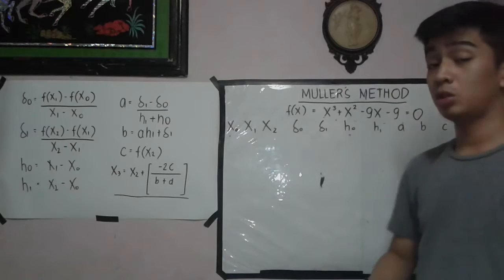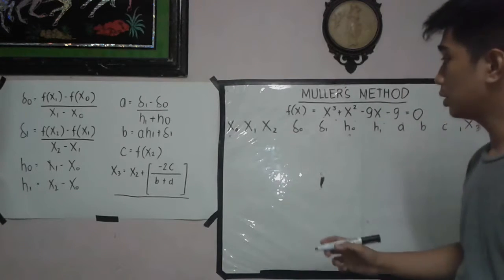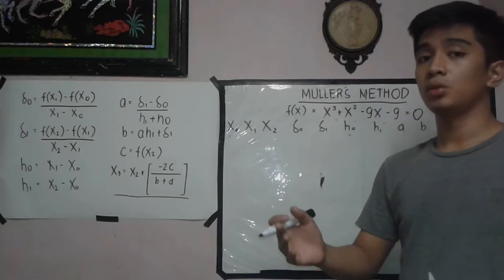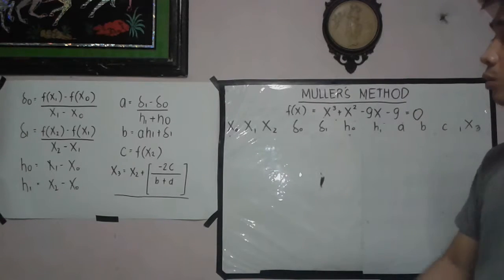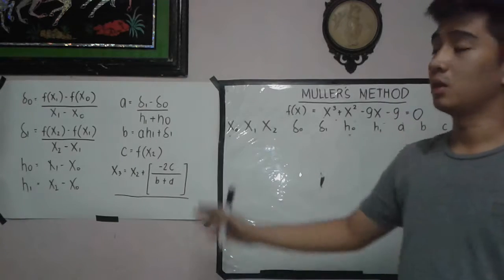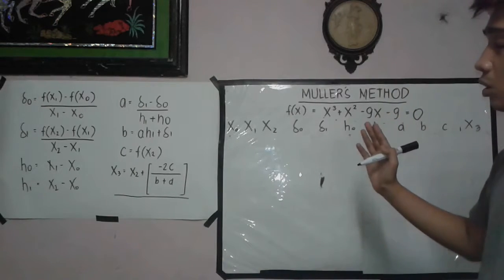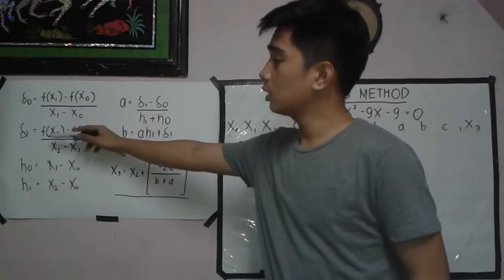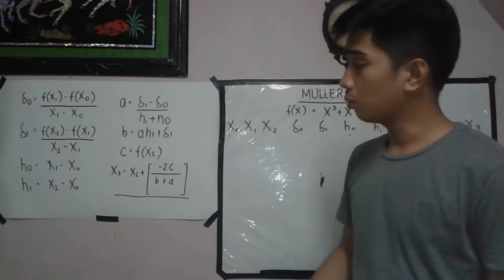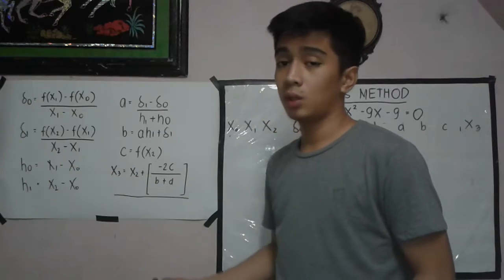Last topic is the Muller's method. Muller's method is used to solve three roots for equation. For solving the Muller's method, we need this equation that is derived from the concept of Muller's method. So obviously delta 0 and delta 1 is just a 2-point form slope, and h0 and h1 is just the